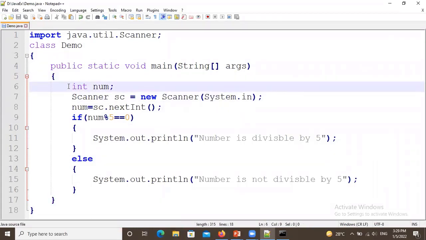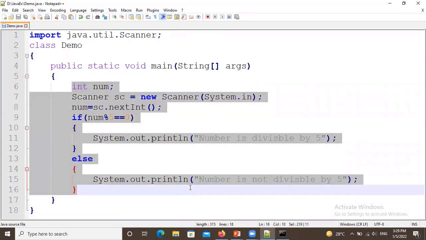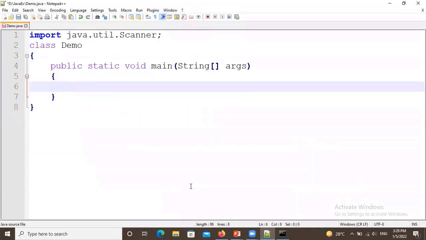Here we are going to declare an integer age having the value 18 and weight equals to 50.